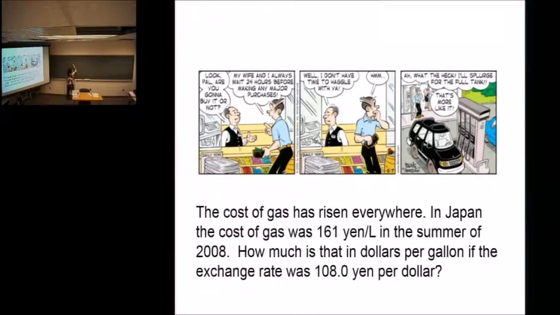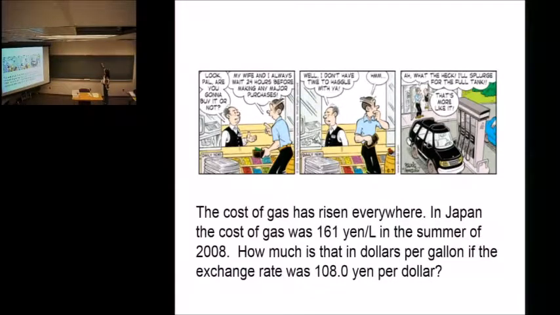It would be per liter, so I'm going to put 1 liter. Oh, I'm sorry, 161. Good catch. 161 yen per liter. And then I'm going to convert that to